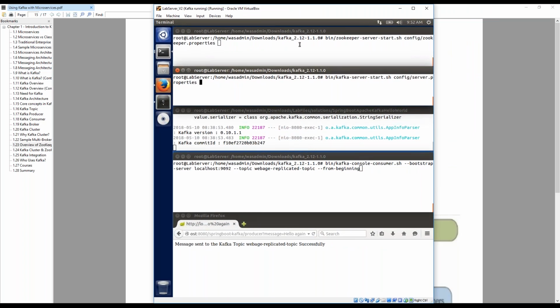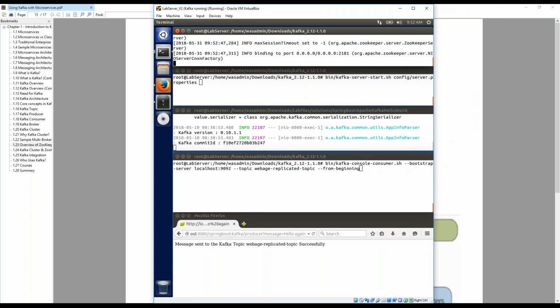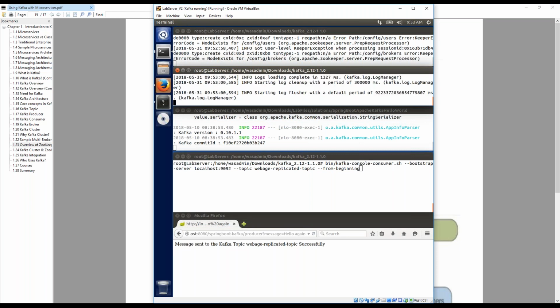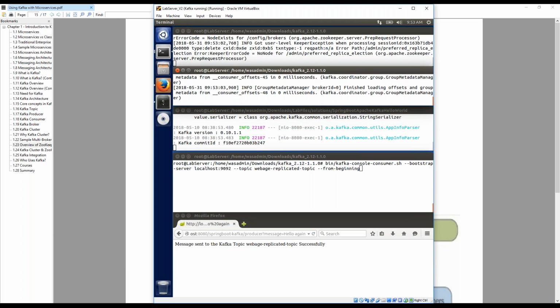So here, in this terminal number 1, I'm going to start my Zookeeper. Zookeeper is up and running. In the second terminal, I'm going to start my Kafka server. Right now, I have a single broker. I do not have replication in place right now, since I have just a single physical machine or a single virtual machine